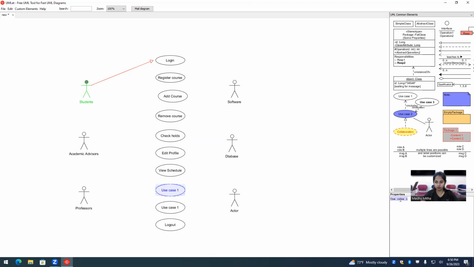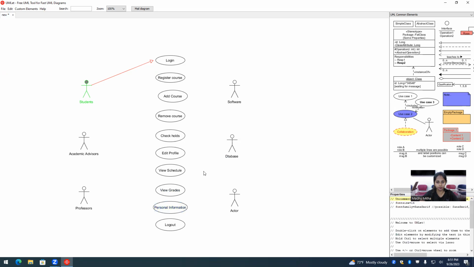View grades. Can access personal information. And so on. This is how you can add more functions